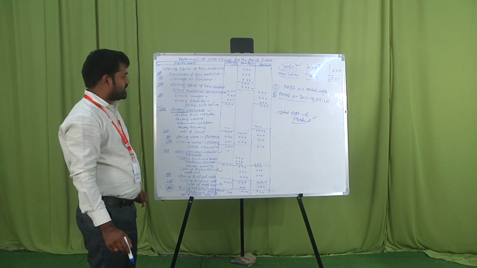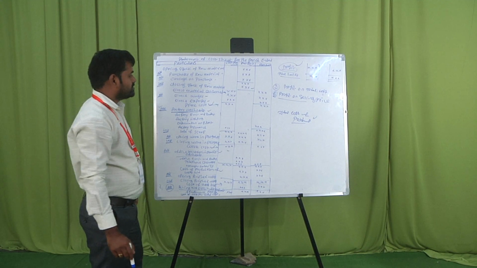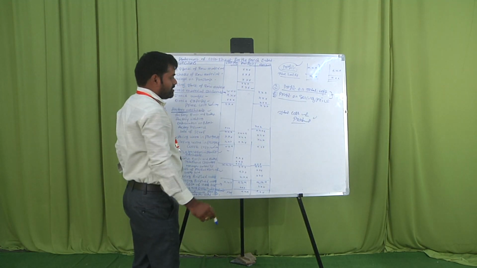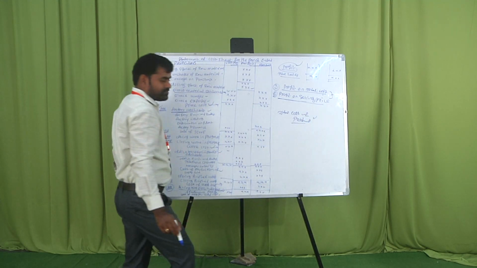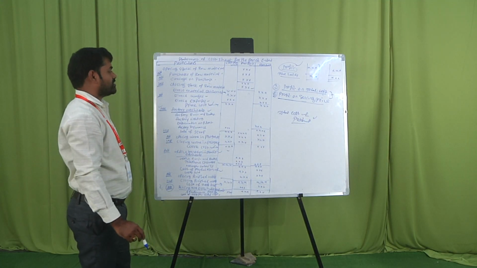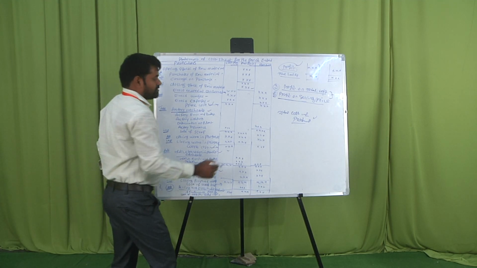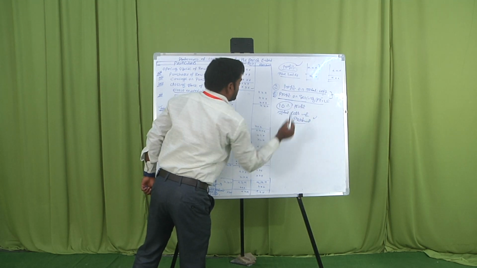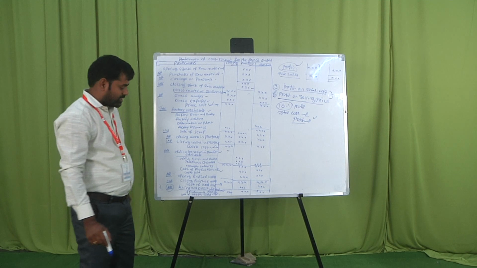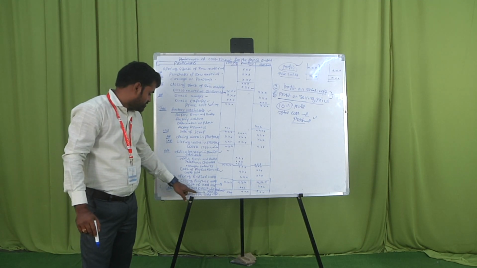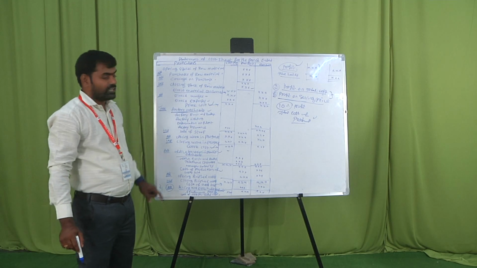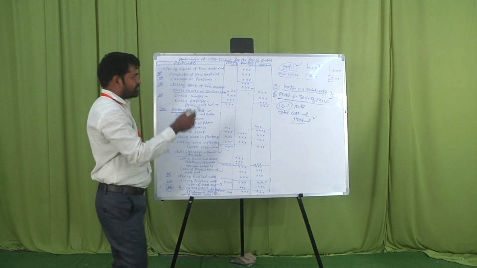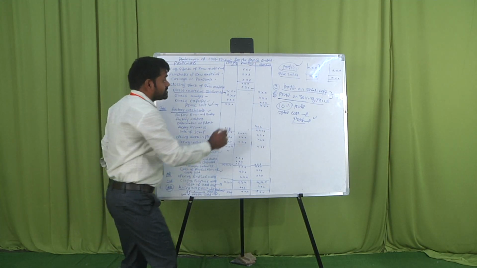So how can you decide that profit? There are two options. One is profit on total cost and another one is profit on selling price. First we take profit on total cost. Suppose the problem gives 10% profit. This profit is taken on total cost. Already we know that in the cost sheet, cost of sales is the total cost. So add that 10% on the total cost, and we get the profit. Once we know that, profit plus total cost is equal to total sales.